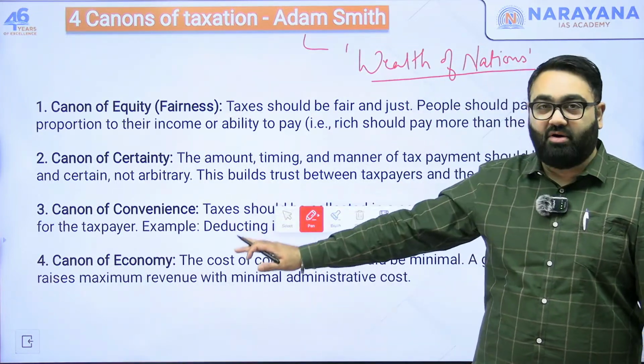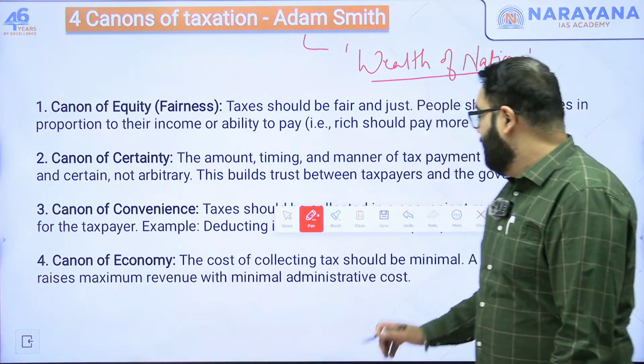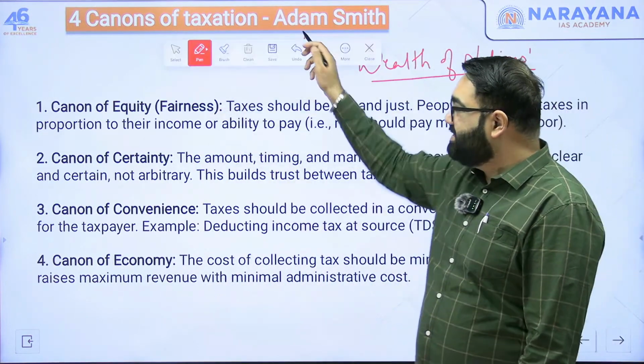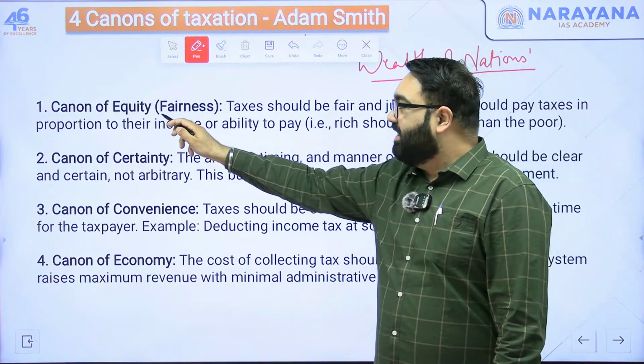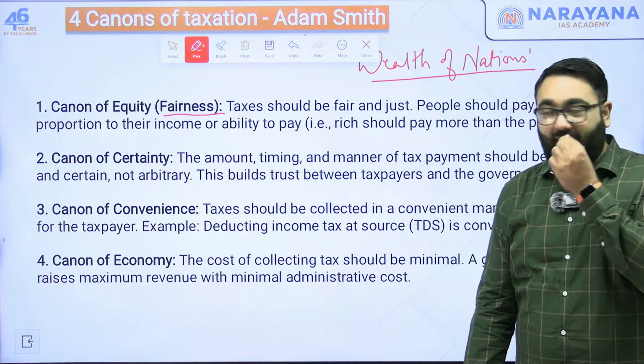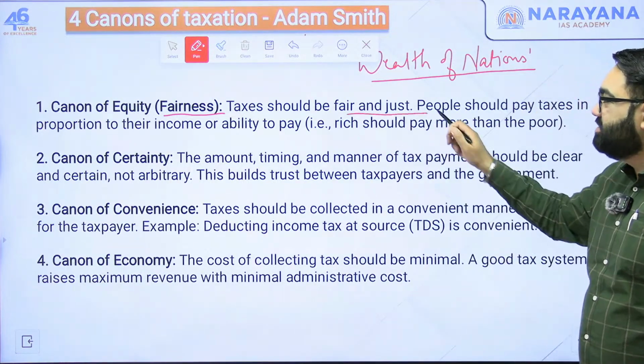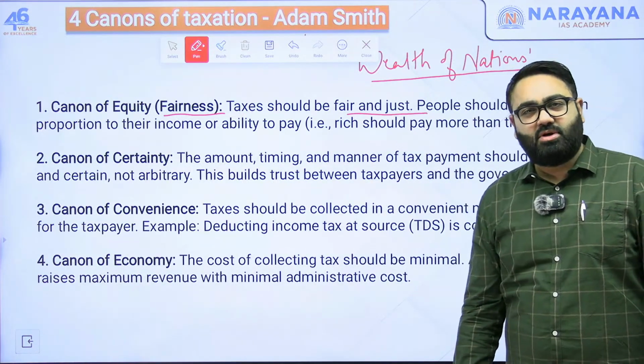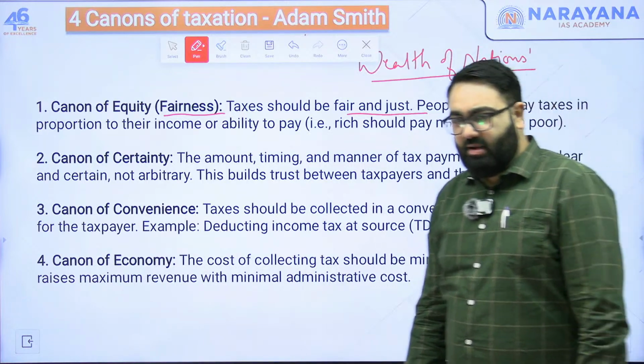This is a very, very important piece of information that you should remember. What are the 4 canons that he talks about? He says, first, canon of equity means fairness. So tax, whatever the country applies, the tax should be fair and just. It should be in proportion to their income as much as possible. That is called